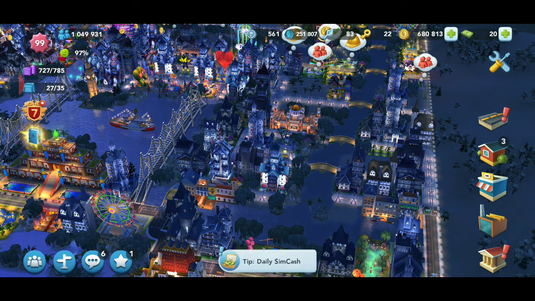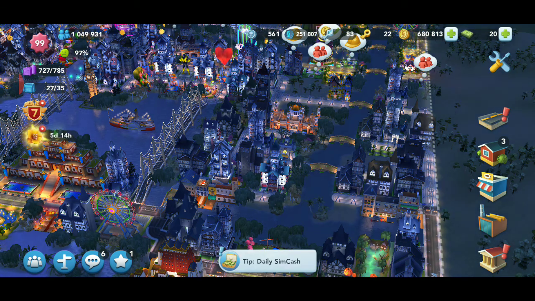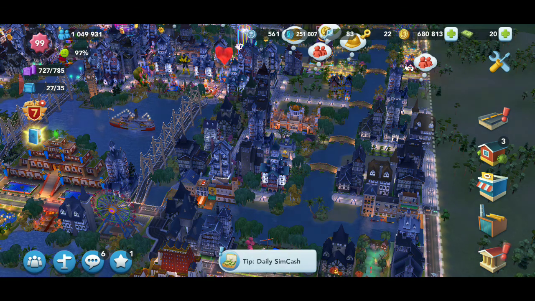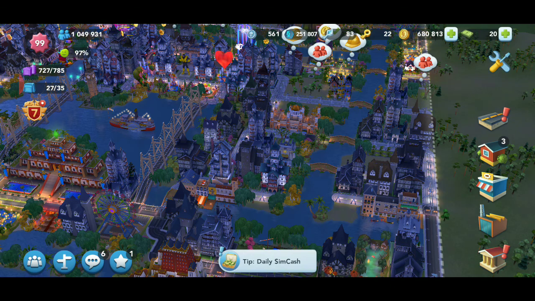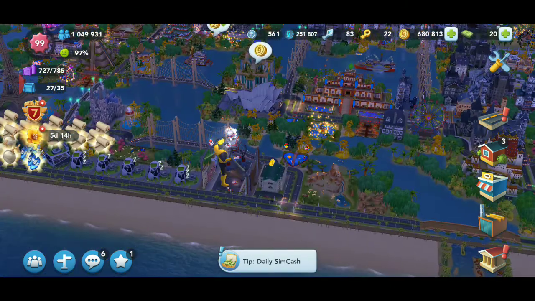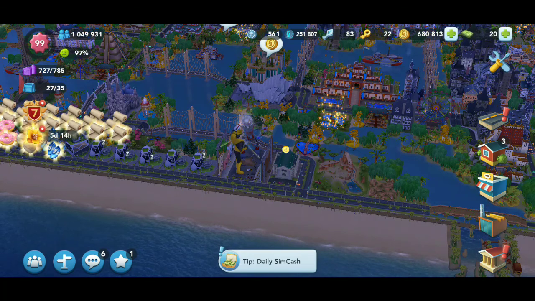So once you've done that, I want you guys to start thinking of just a basic generalization of what you want your city to be. You know, you can even sit down with a piece of paper and say, oh, okay, I know I want London homes, or I know I want this type of epic building, or I know I want a lot of water and a lot of trees. You know, get a general idea, okay? And then what my recommendation to you is, and this is something that